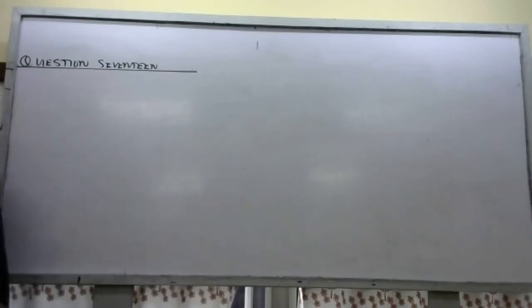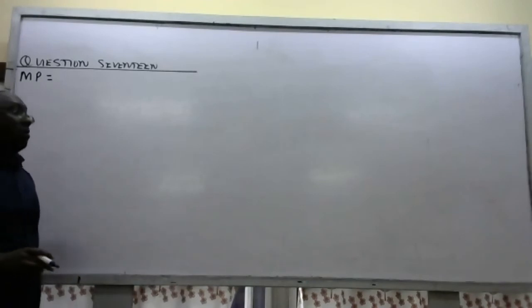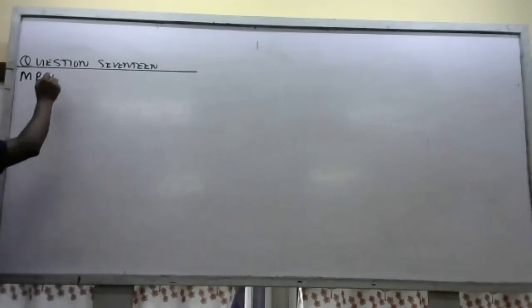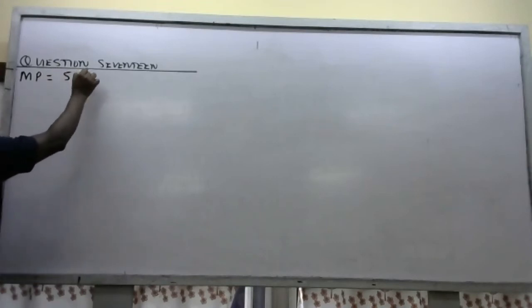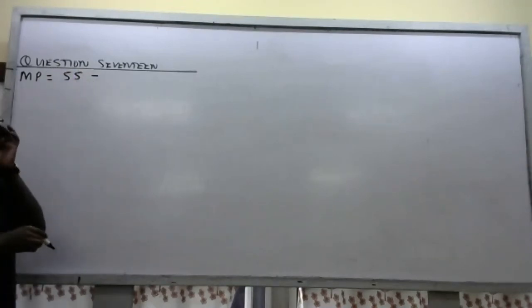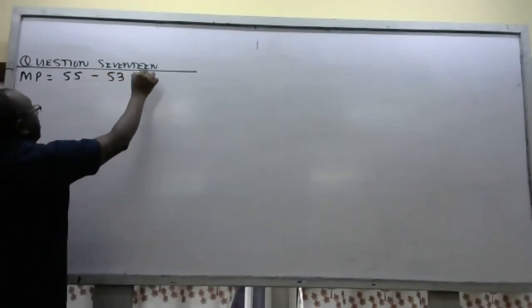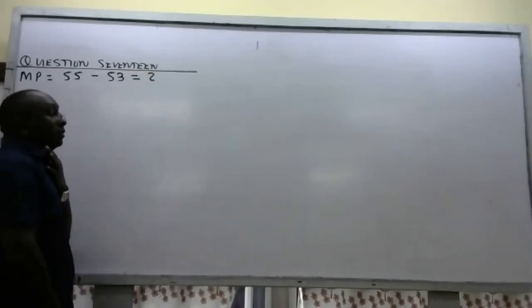So the first thing is to compute the marginal profit. That packet is sold for how much? 55. And it is purchased at how much? 53. So that they make a profit of